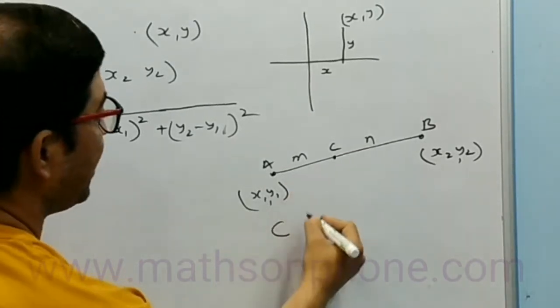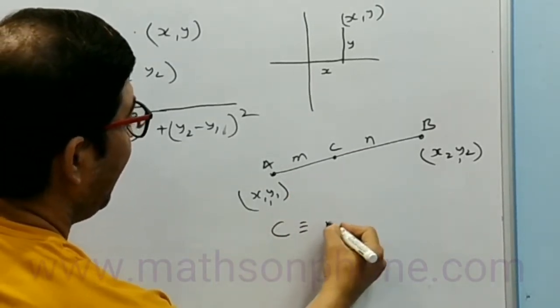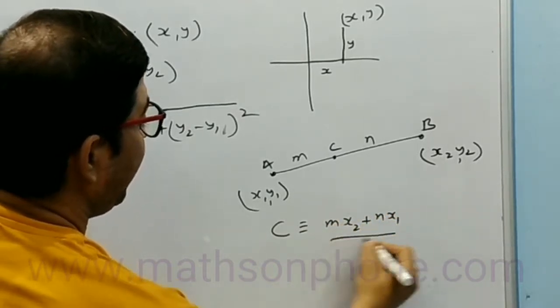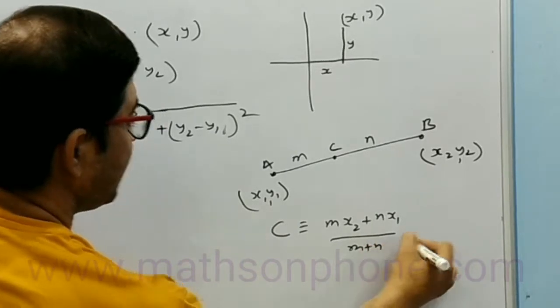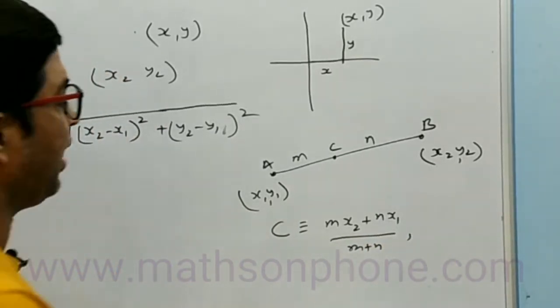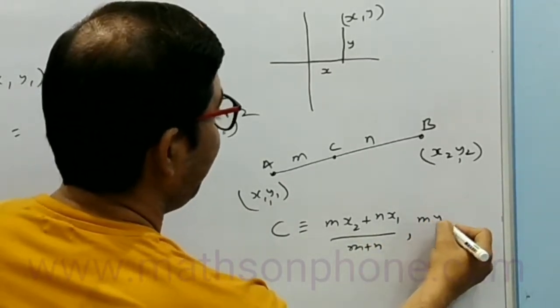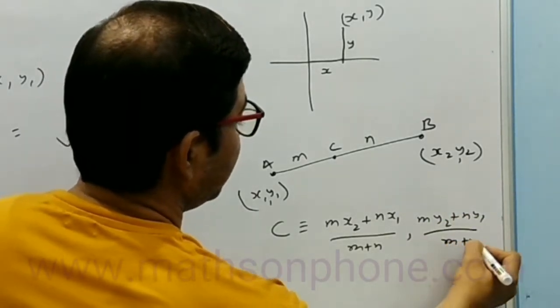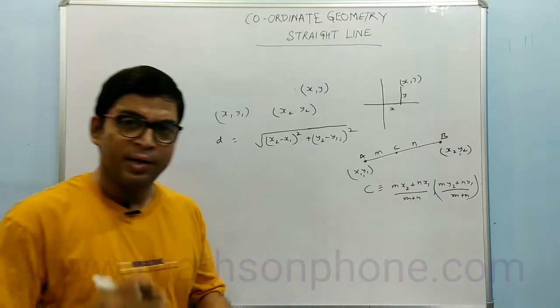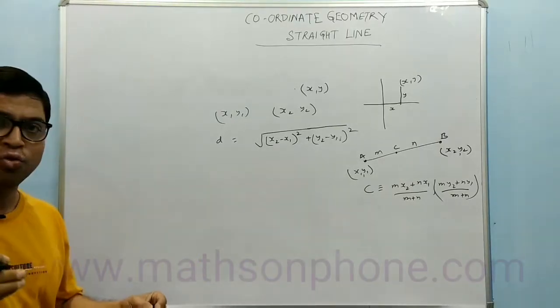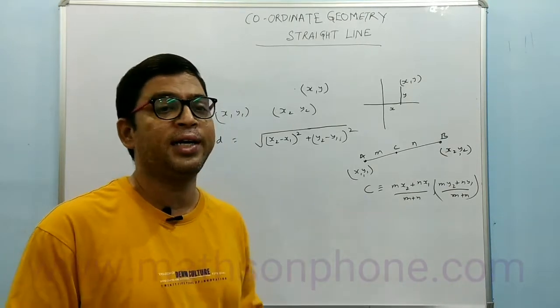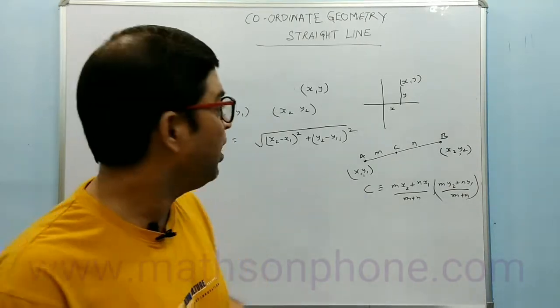So C can be written as (mx2 plus nx1) by (m plus n). This is the x coordinate of C, and in the same way we can find the y coordinate, that is (my2 plus ny1) by (m plus n). This is section formula. Then we go through the slope of a line, how a straight line is inclined to